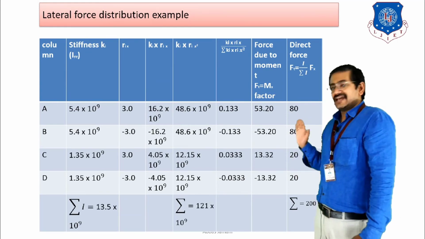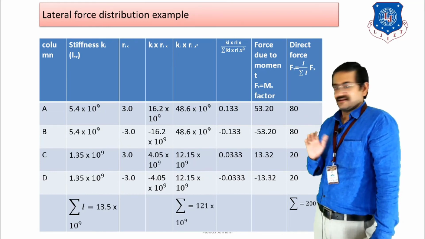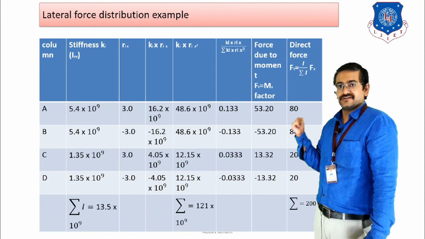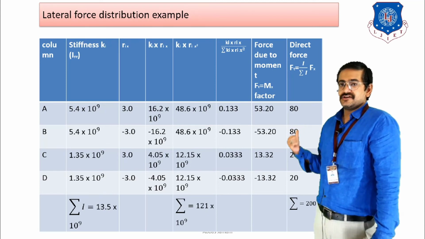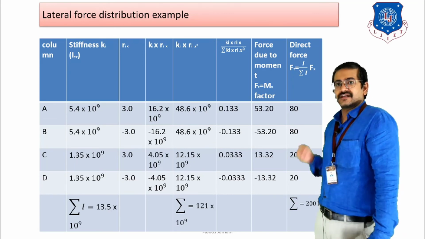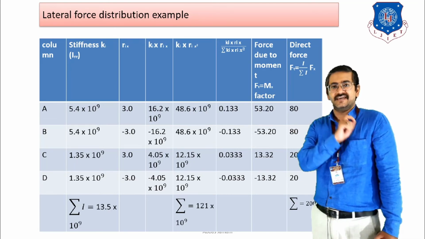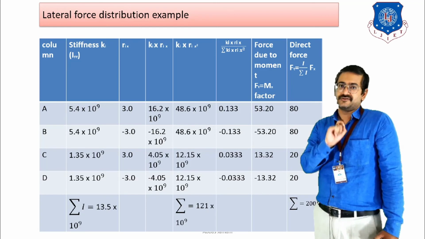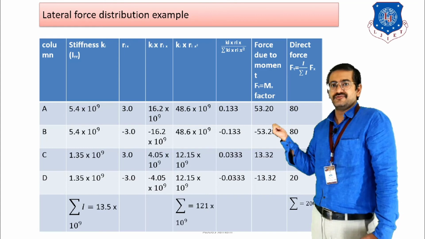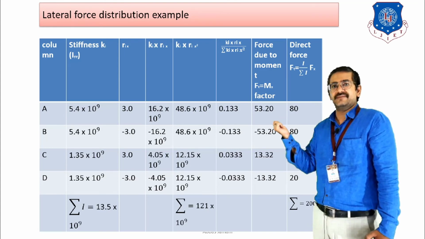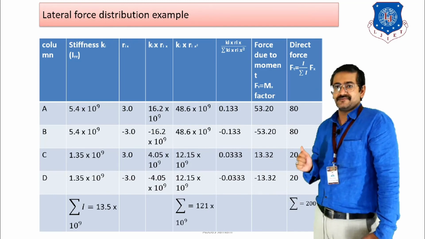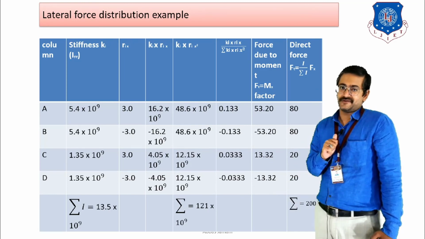So to check whether your calculation is correct, you can see in the last column, that is the calculation for Fd, where we have got the values of 80, 80, 20 and 20. So if I do the summation at the bottom end of the table for Fd forces, then the total value is 200 kilonewton, which is matching with the actual application of load, that is 200 kilonewton. So whatever force is being applied to this floor is being distributed depending upon the stiffness, and the same value is obtained at the bottom of the table. That is a check that we can do at the end of our calculation, right?